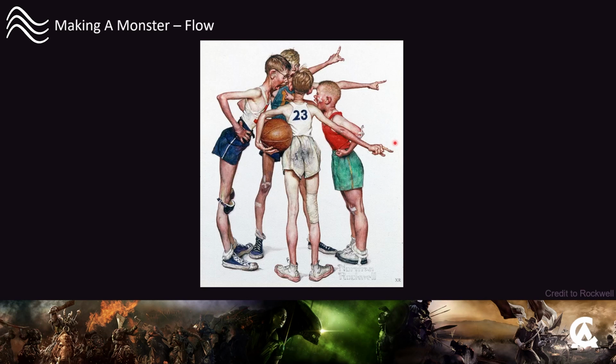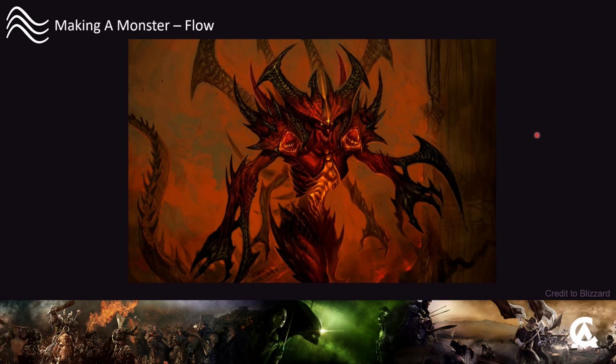For example, one of my favorite artists, Norman Rockwell, uses flow here to point to the action. This is where the action is. This is the focal point. All these lines are pointing towards the action, supported by these gesture lines running up. This is where we want to look. This is where the storytelling is. And this could be employed in character art very successfully. Notably, a very good example is Diablo from Diablo 3.